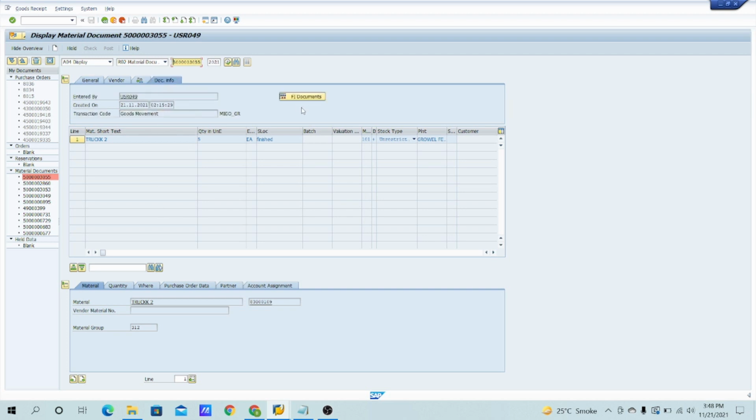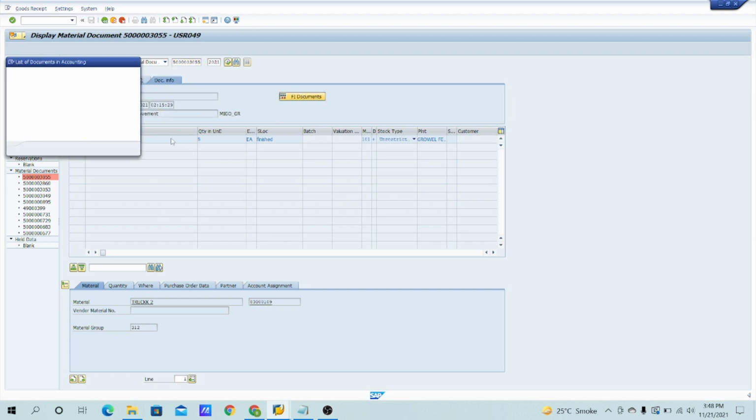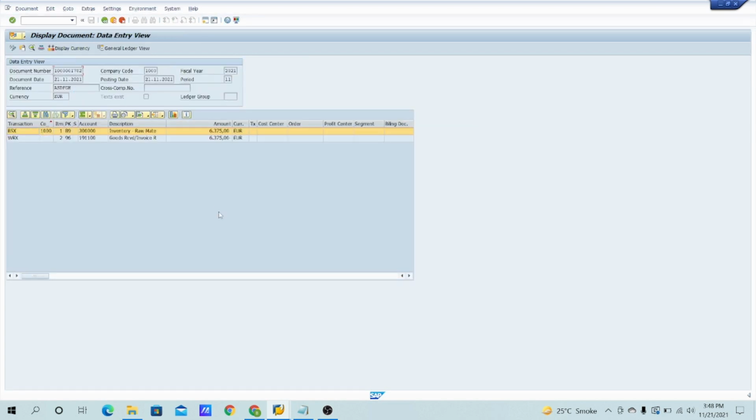Go to doc info, click on FI document, accounting doc. See, two accounting entries have been generated at the time of MIGO. First of all, the inventory, that means the raw material inventory, has been debited, and the WRX, that means the goods receipt and invoice receipt, has been credited, right?